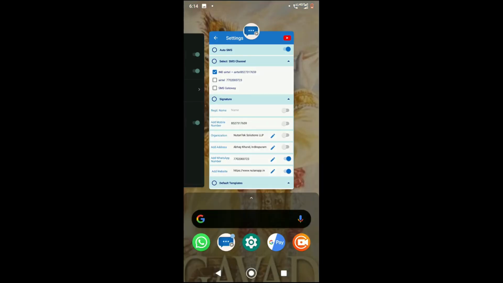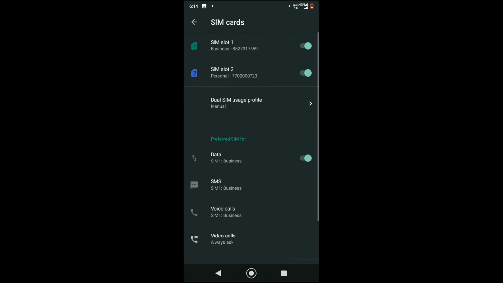If you are setting the message so that your auto SMS should go through SIM 1, then you have to ensure in your device settings, let us come to the device settings. You see here preferred SIM for, the below option is set for mobile data business, and for SMS you see SIM 1 is set. It's very important. If in the app you set SIM 2 and here it is SIM 1, then the message will not go because the device will stop it. So you have to ensure that you have set SIM 1 here. If it's SIM 2, then you set SIM 2 here, then it will go.